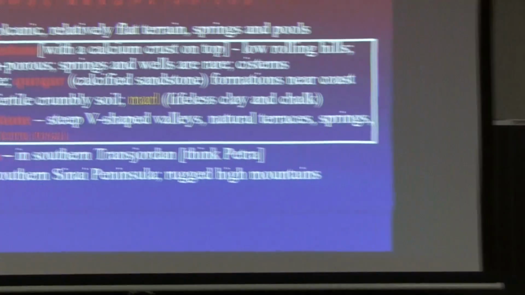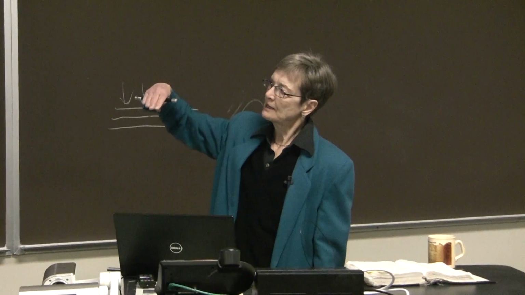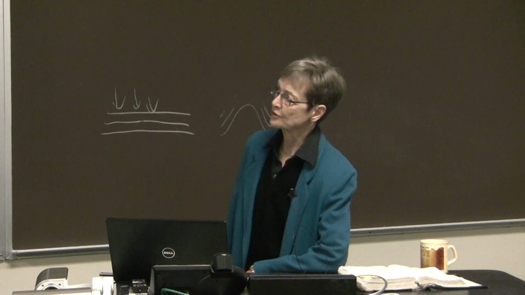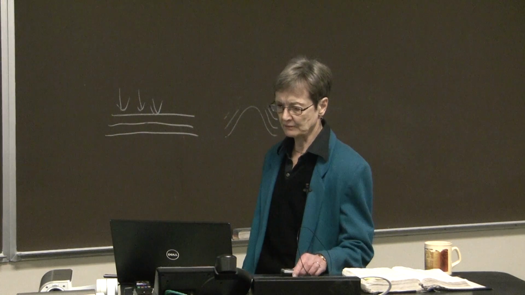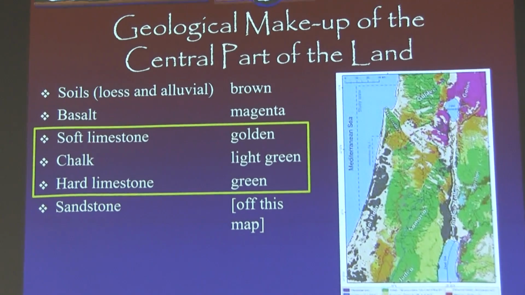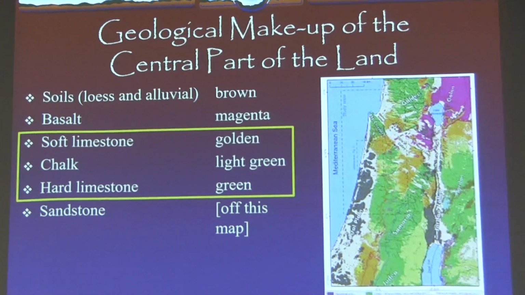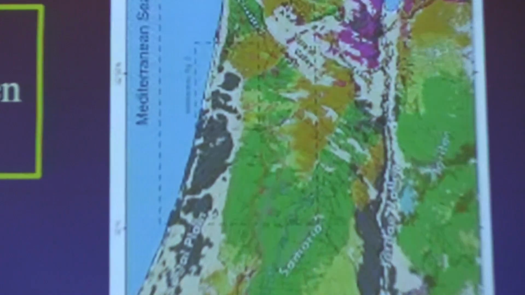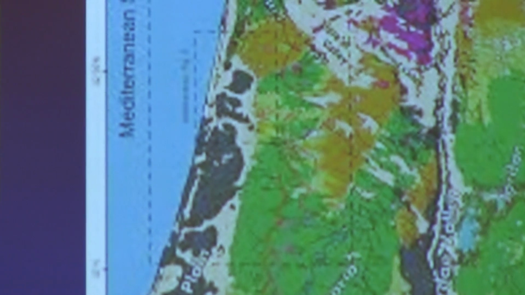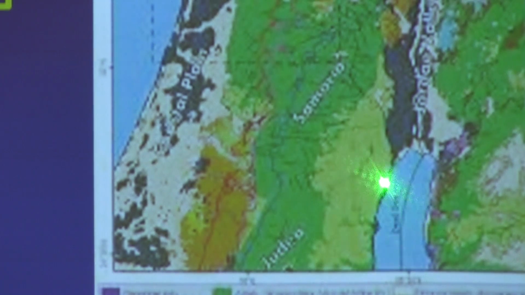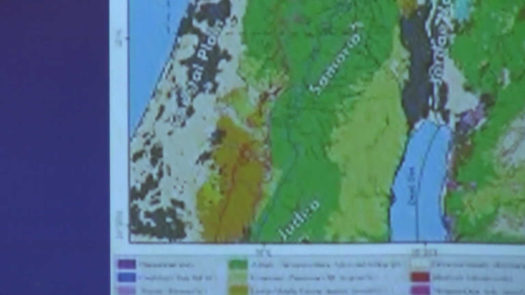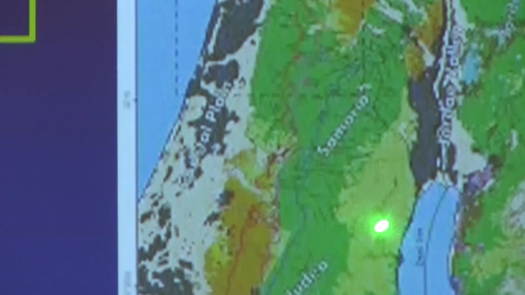That's, in a nutshell, the layers that we're going to be talking about and some of the more significant implications in terms of agriculture, quite frankly, and whether or not people can live there. Now let's pull this into the context of a map. And again, we're going to see if we can make this make sense by using some color coding. This is a standard geological map put out by Israel. So if you look at that, you see that most of this area that is just west of the Dead Sea, Jordan Valley, is going to be green.